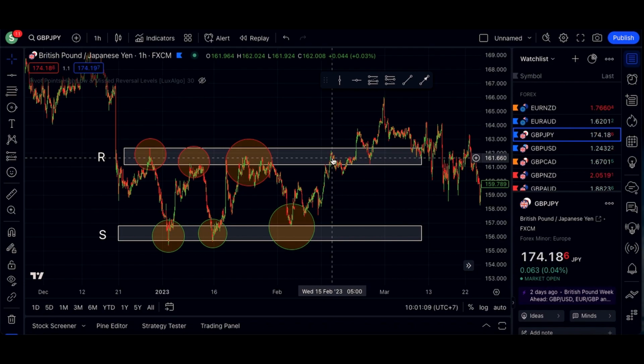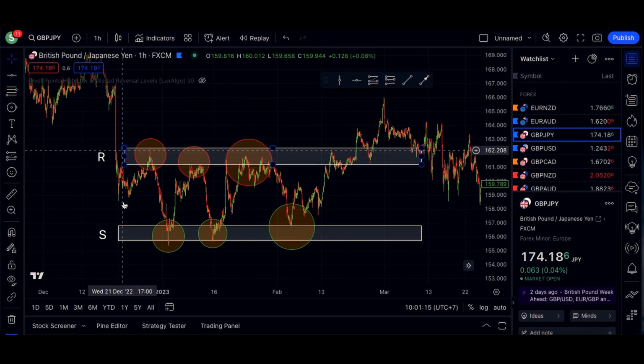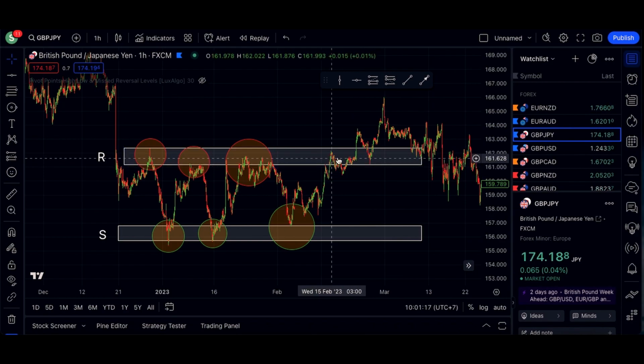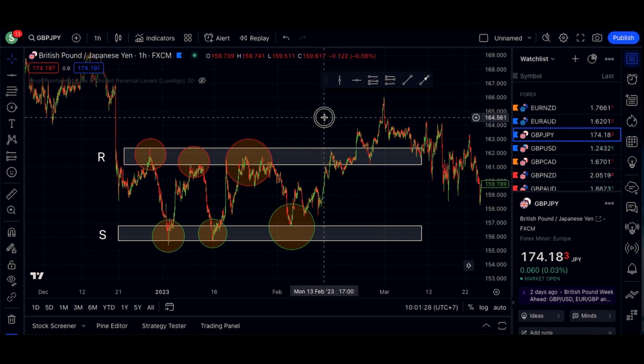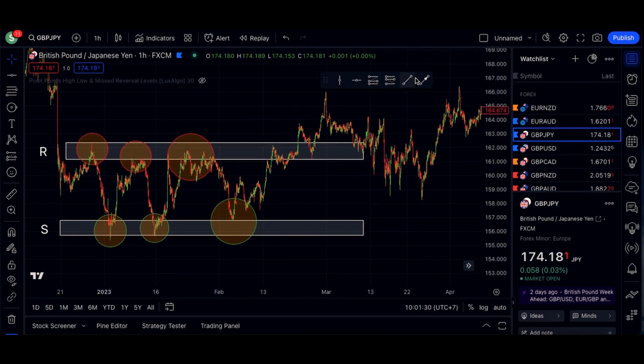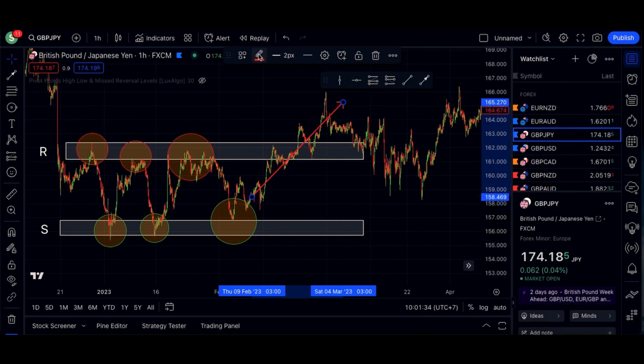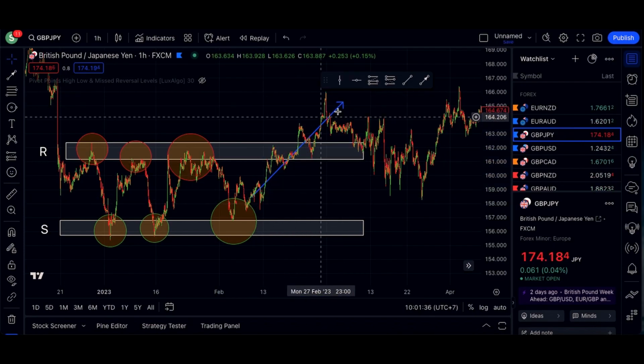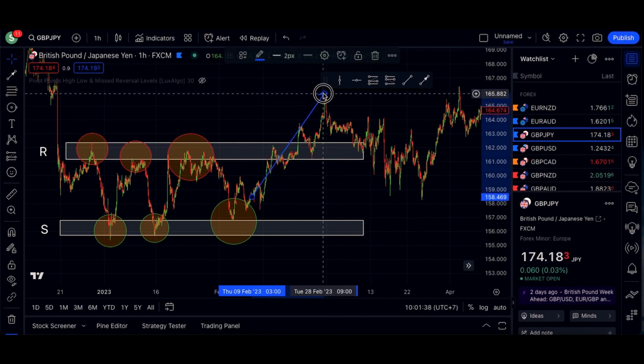It's like if you knock on a wall or on a door enough times, eventually it's going to break, right? Now in the mentality of the market, people get used to this price. The price keeps testing the area or the level. Eventually they know it's going to break and continue to go higher. And what you notice is that after the price, let's make this blue for neutral, after the price breaks the area